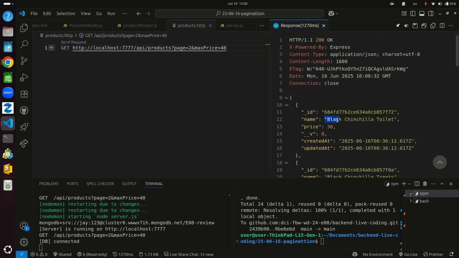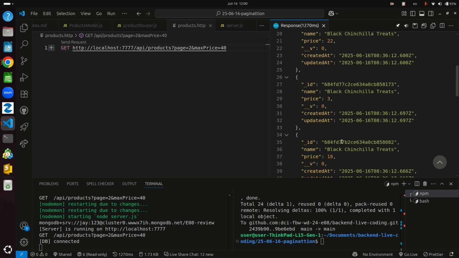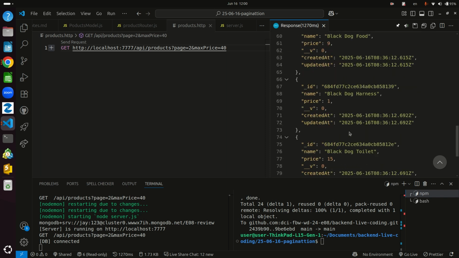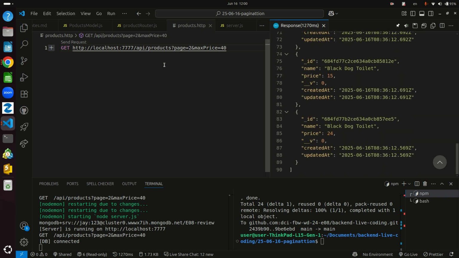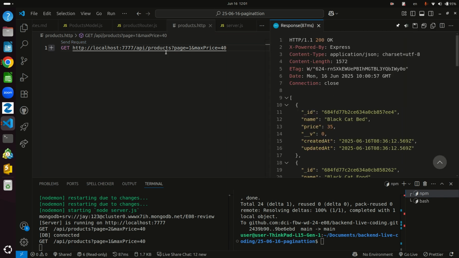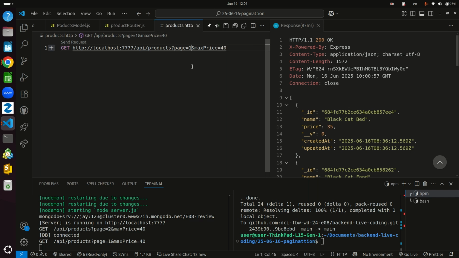See, it is B. I don't have a product that is A. So B, black, black, black, black dot, black dot, cage. So let's go to the next page. Oh, I'm in page 2. Let's go to page 1. Maybe I have some product starting with A. No, I don't have. So let's go to page... actually, because I'm limiting